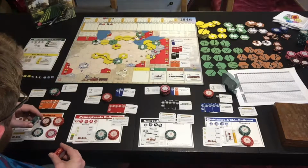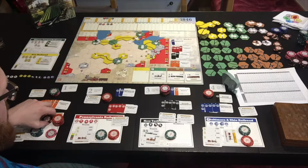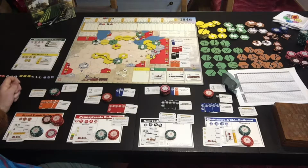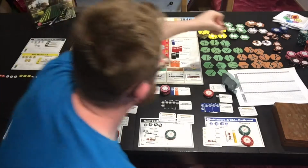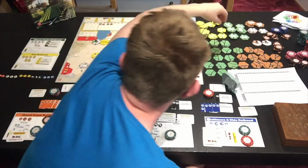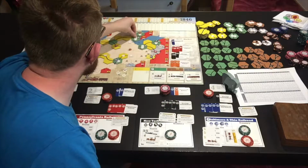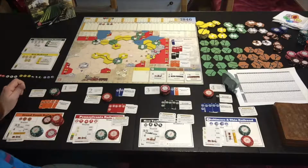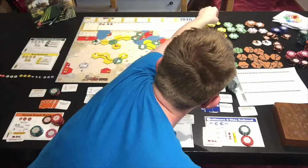So I'm just gonna have a look at how much money he's got. Okay, so that's fine. So he will pay $100 to upgrade Detroit, and that's going to be upgrading it to this tile here. The Detroit upgrade costs $100, and then he will upgrade Toledo to